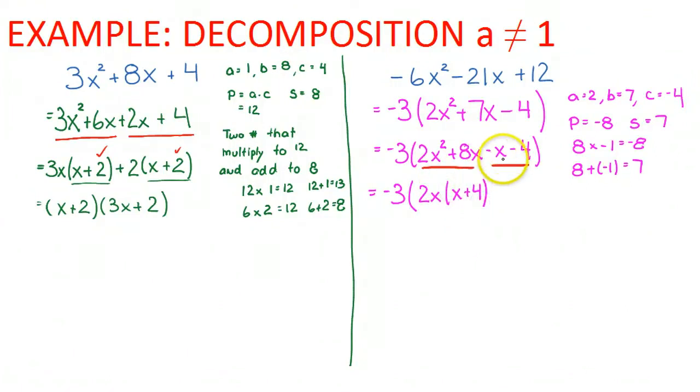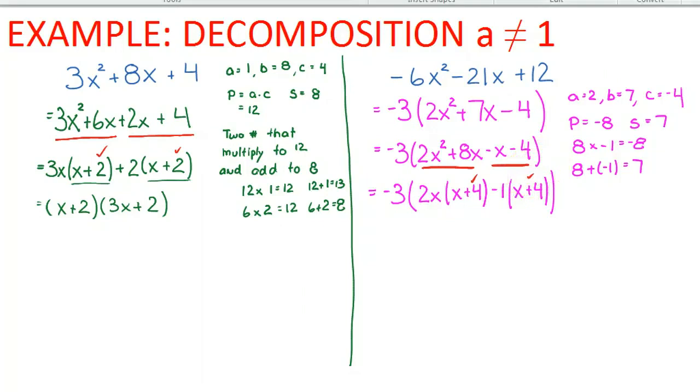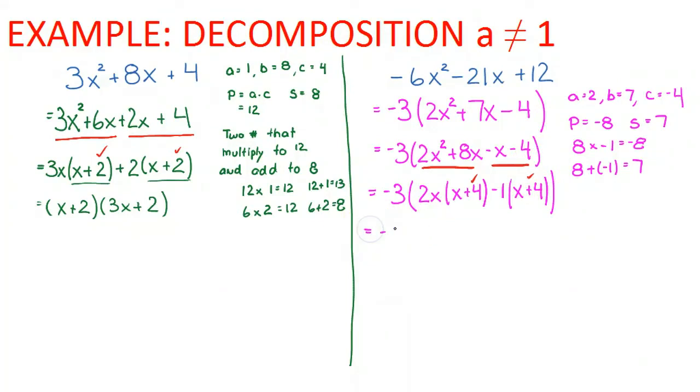And now I see here I have minus x and minus 4. So the question is, what can I factor out of that to get x plus 4? And that's minus 1. And so we get x plus 4. And now I have my feel-good moment because those are the same. Those binomials match. So what I can then do is factor those binomials out. Negative 3 bracket x plus 4,